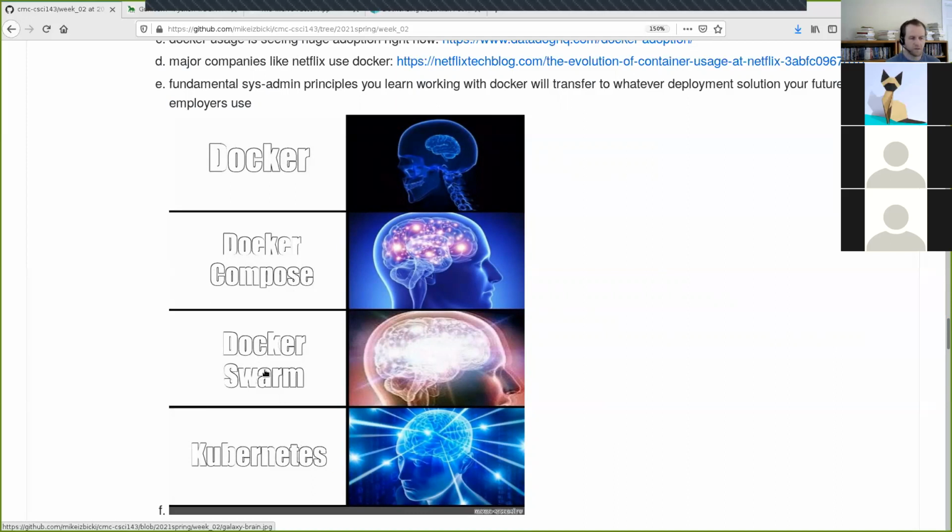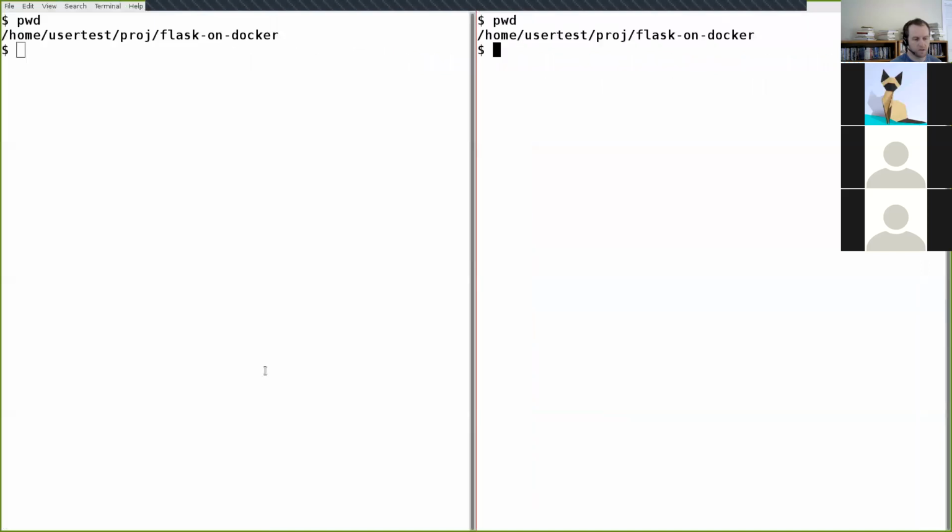Okay, so if there's no more questions on the high level motivation for all this, where it all sits, we're going to switch over to the terminal now. And yeah, again, you all have been doing great about interrupting me when you have questions, so continue to do that. But I'm going to start on the actual technical details of how this Docker Compose works and